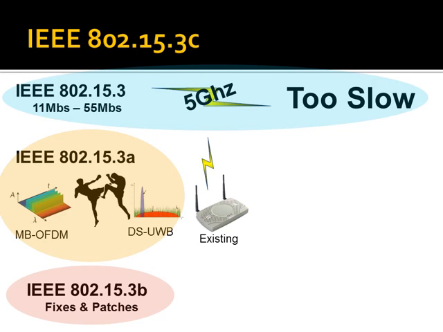UWB is actually a relatively old technology, comes from the 60s, but it was used primarily for radar. And this is one of the early times it's been used elsewhere. And again, we'll talk about UWB in a second. The upshot of this was at the end of A, we had these two competing ways of doing things. We couldn't agree. Industry couldn't agree, so that was sort of the end of it.